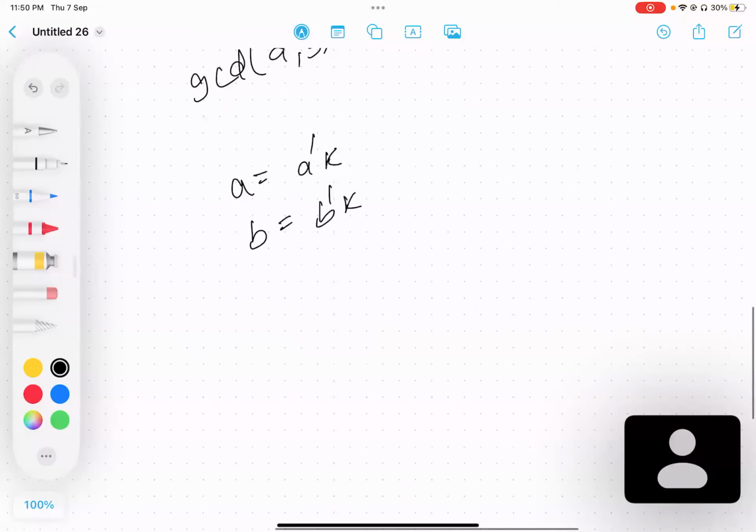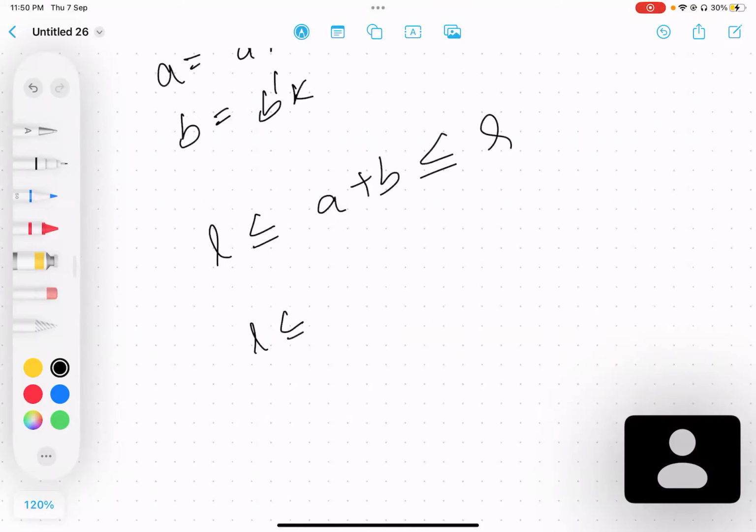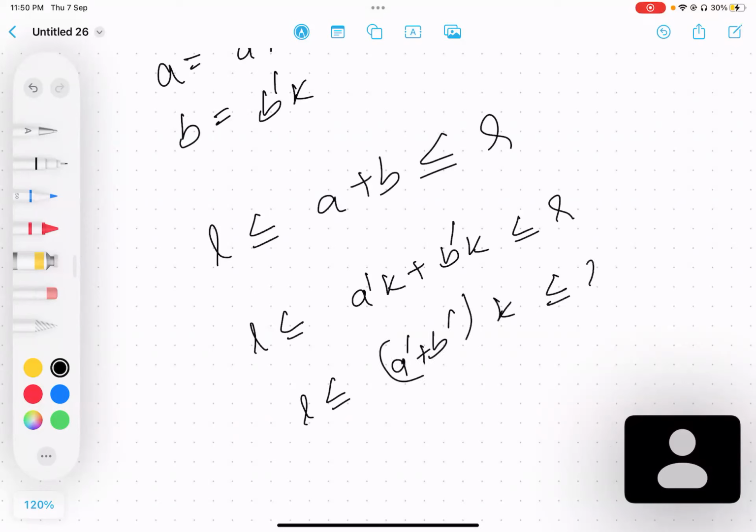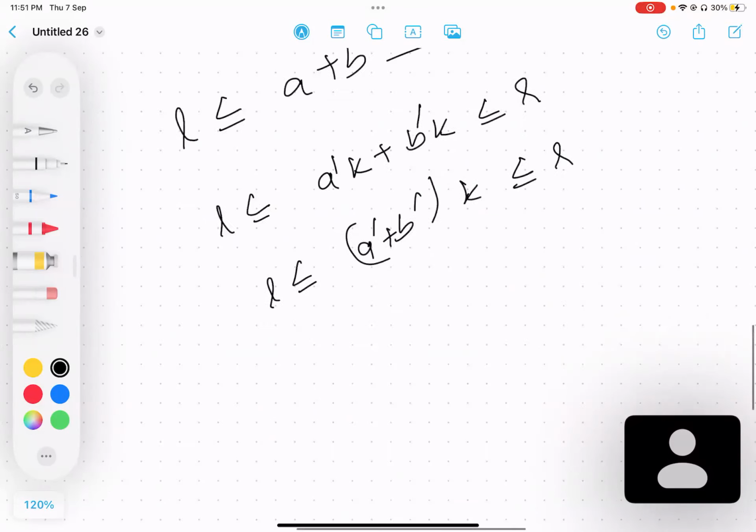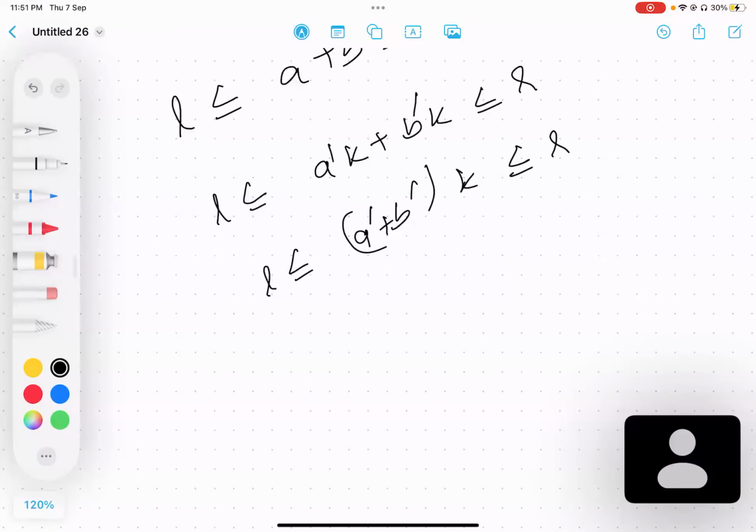Now what we want is the sum of a plus b should be less than equal to R, right? So from there, we can get a dash k plus b dash k should be less than equal to R. So now L has to be less than a dash plus b dash k less than equal to R, right? So from here, we can get L should be